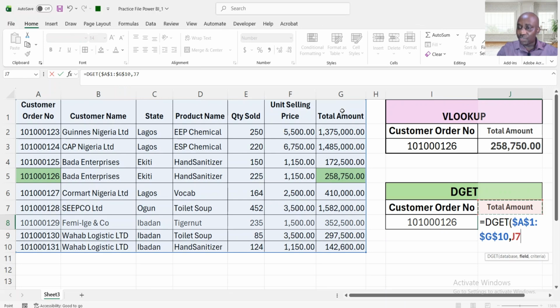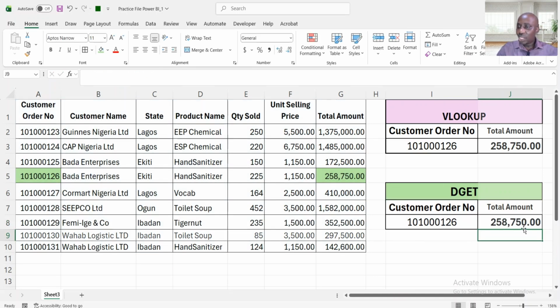The next question, let's press comma. It will ask us for the criteria. What criteria do you want me to use? The criteria, you are going to pick these two headers, customer order number and the number itself, which is under I7 and I8. You align the two together, the customer order number header and the number itself. Now close the bracket and press enter. It will give us the same answer, the same result,